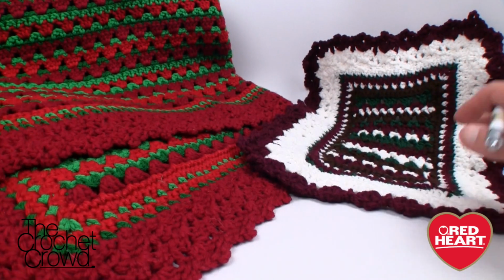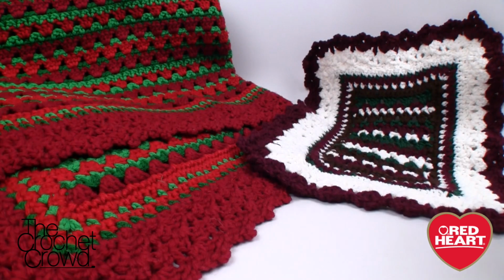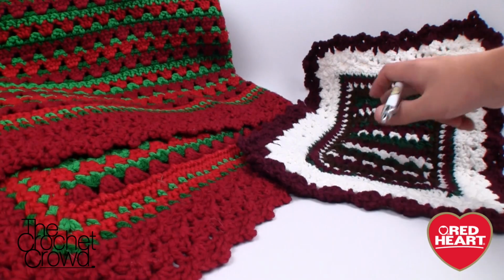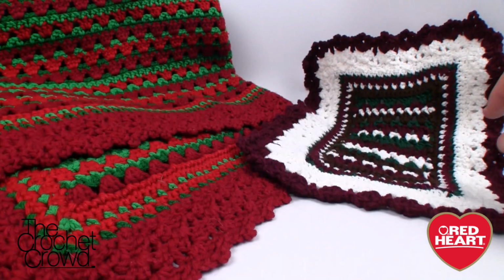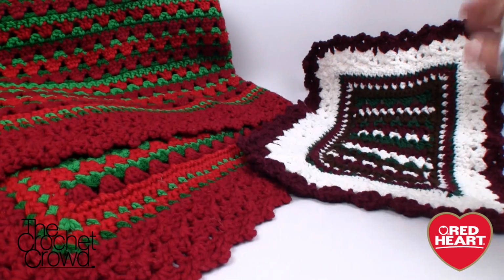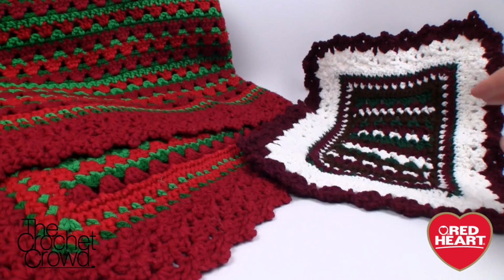I have to tell you, I've been with Red Heart for a while and I have been looking at their patterns. I have not seen a border this fabulous on redheart.com that I personally have worked with. Look how thick this border is. Whenever I do an Afghan I always do a little cheap little border, and I'm satisfied with it. This border, in my opinion, is the best border I have seen in years,